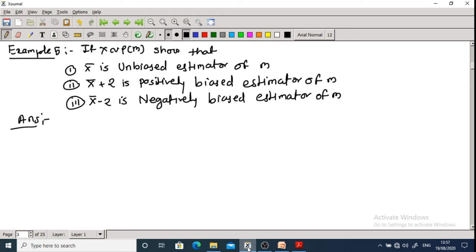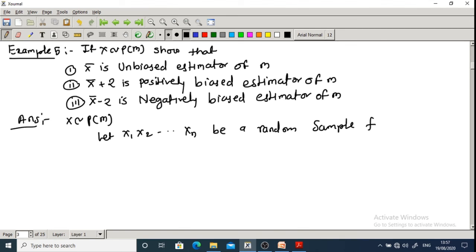So to prove this, given that x follows Poisson distribution with parameter m, let x1, x2, up to xn be a random sample from Poisson distribution with parameter m. Then